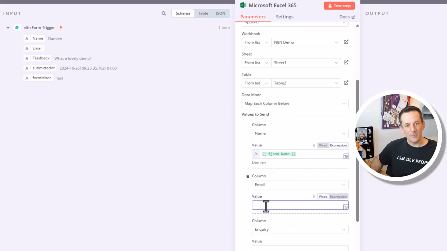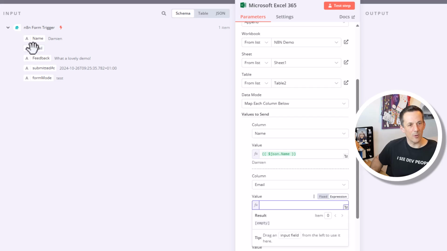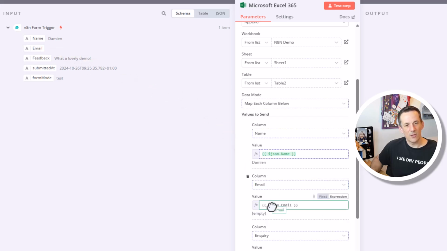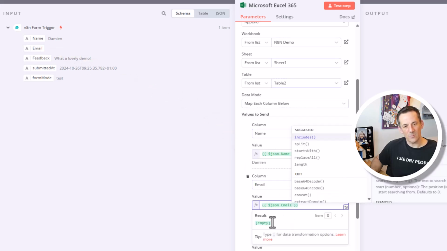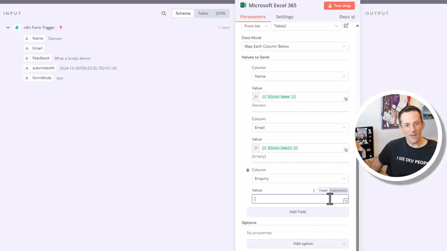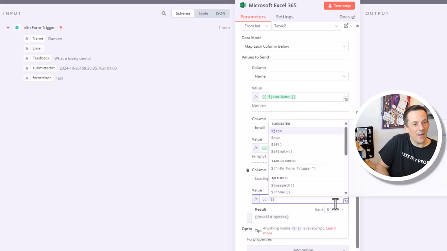The same if I jump into email, again I can drag and I can drop, but because I've left it as fixed, you'll see that I've got the fixed string of email. I don't want the fixed string of email, I want an expression, so it's dynamic. So again, I'll go back, I'll drag that across, and it's brought across that expression, of which the current result is empty. Finally, if we jump down into the column for inquiry, very much like writing expressions in Power Automate,